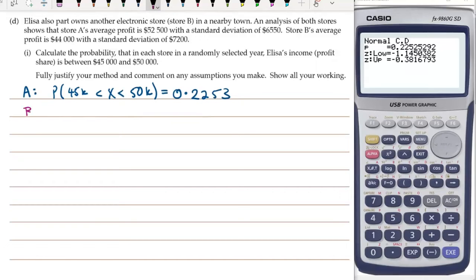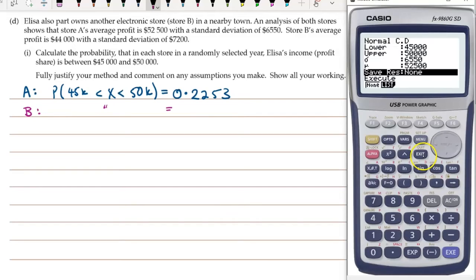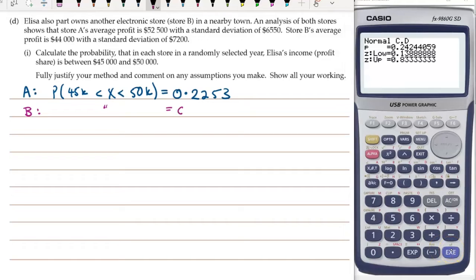Now let's do the same for store B. This probability will be, let's just go back one. This time our standard deviation is 72,000 and the mean is 44,000. So the probability of that one is